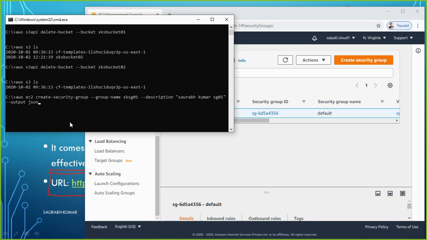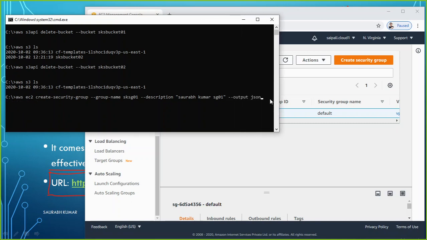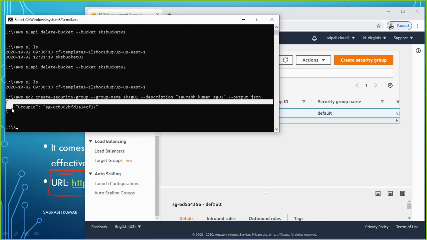So it will display the JSON code, what it is actually doing. Now let's hit enter and see what happens. So now it is performing this task. This is a simple JSON script to perform this task. It has just created a group with the group ID. As an output, it is showing me here now.